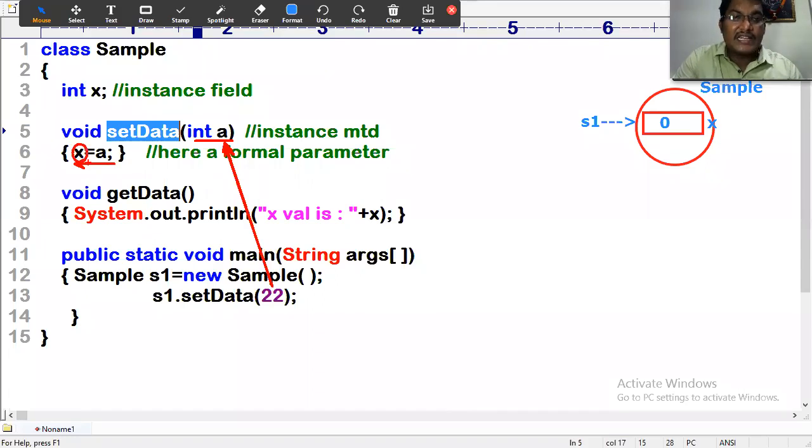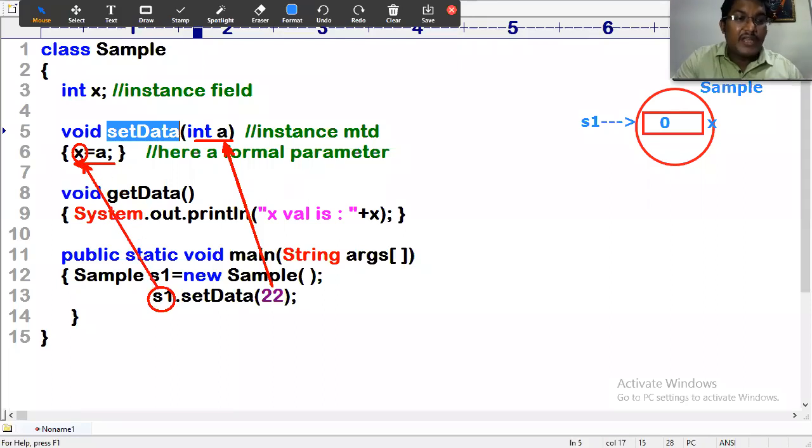This X is an instance field. A is a local. But X is an instance field. As we know very clearly, for instance fields, memory is always allocated within the object. Which object? The object which is calling that method. You need to understand this.